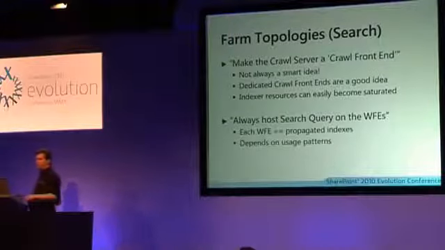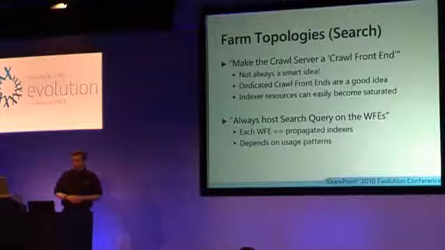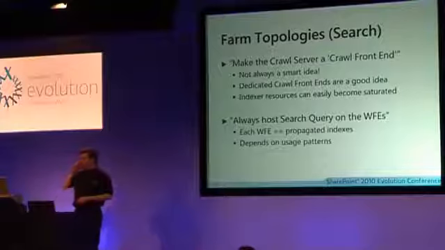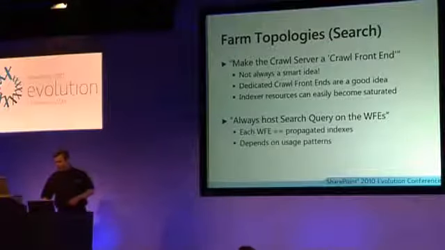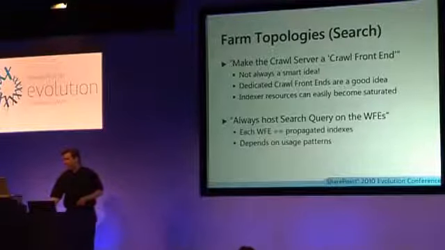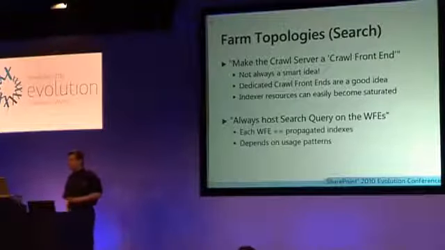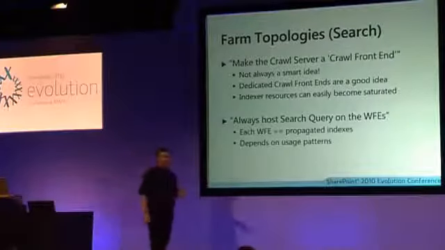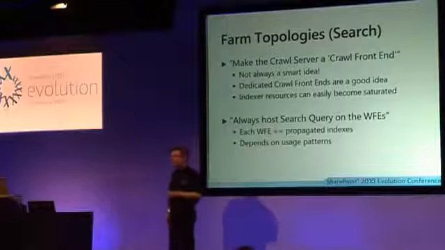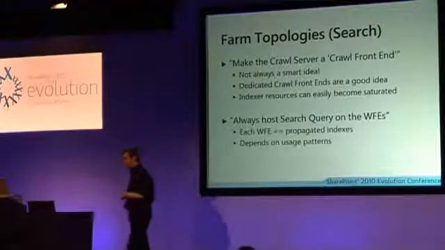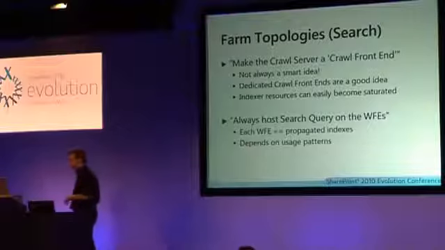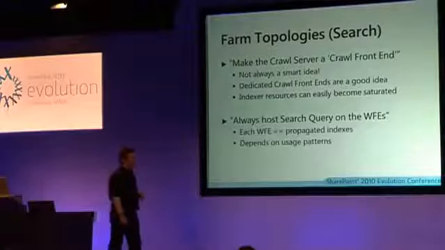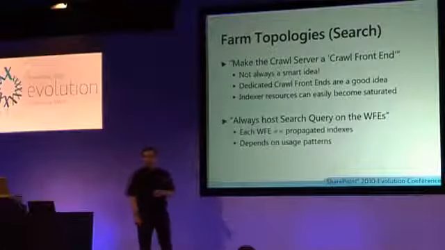The other one here is where to host the search query component. And there's a very common recommendation to always run this component on the same machine that's running the web application service or the web front end. Now, we have this thing called continuous propagation in SharePoint. So if you have a large content index, say you have 36 terabytes of content in SharePoint, you've got a pretty big index. That index is going to be replicated, or, well, not replicated, sorry, propagated to each machine that's running the query component as well.